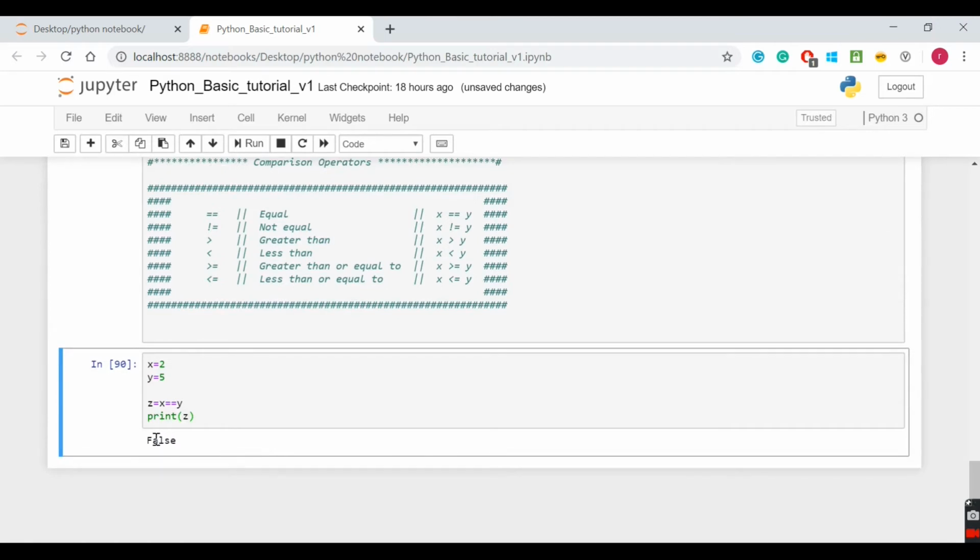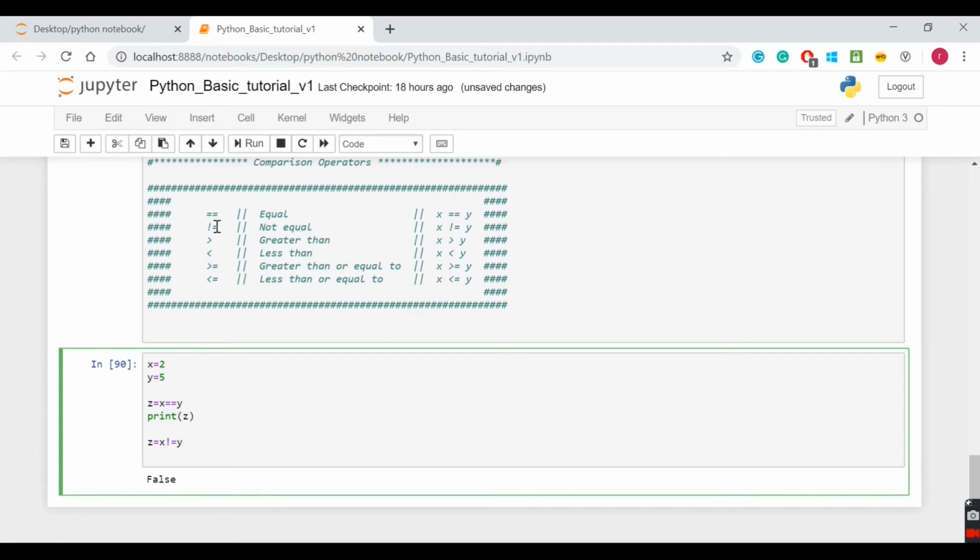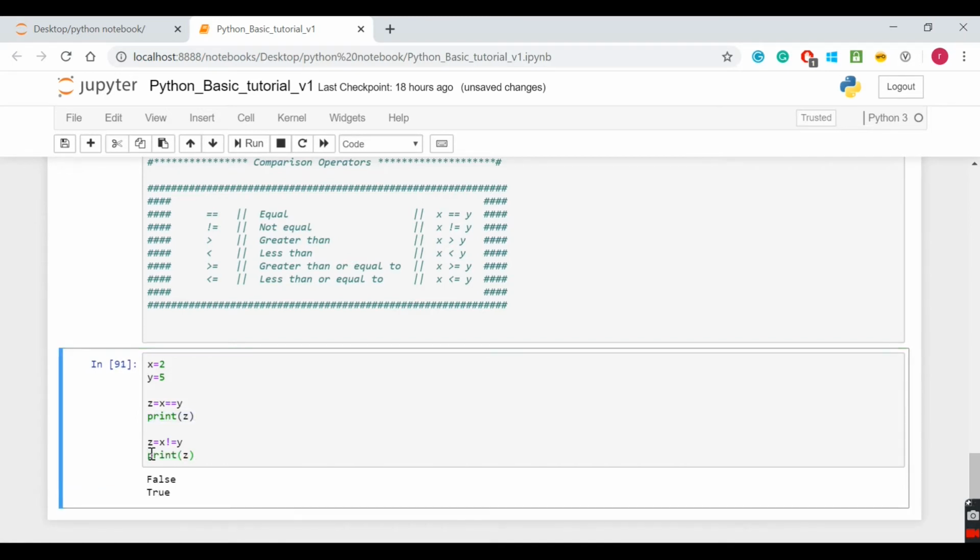It is false because 2 is not equal to 5, so the condition is not satisfied. The second condition we have is not equal to: x not equal to y. 2 is not equal to 5, so the output should be true. Let's see. Yes, it is giving a true value.